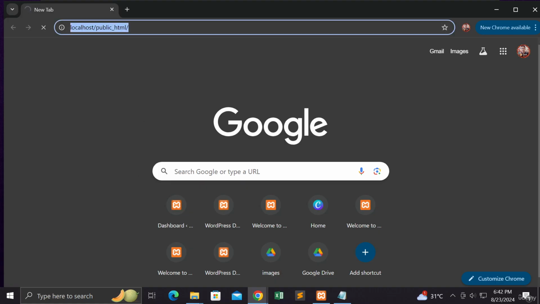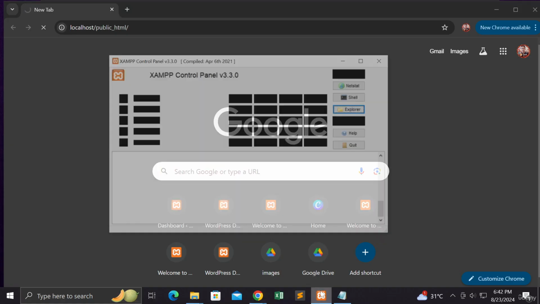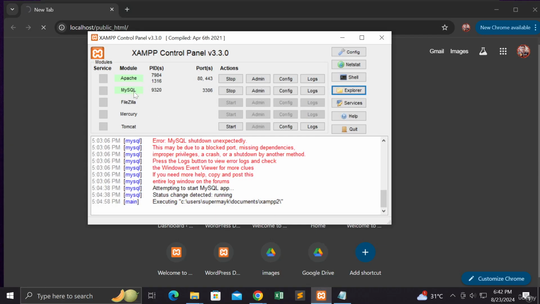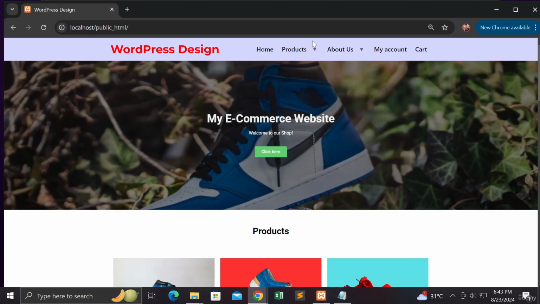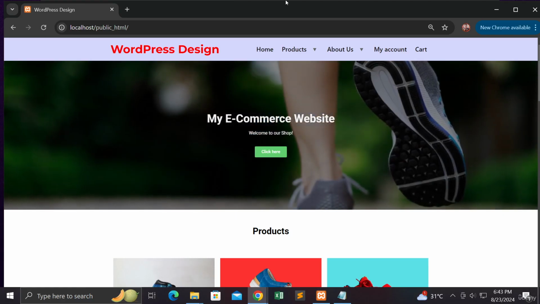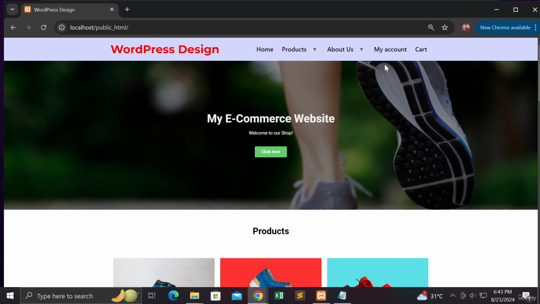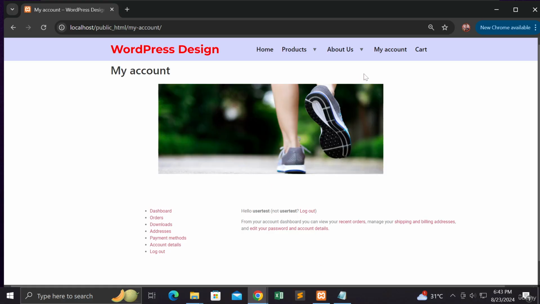And still searching for the local HTML. Let's stop the search and then try and open it up again. Let's double check if our Apache MySQL is running. Yes, it's still running. Well, it's having some trouble loading the page. Oh, so we still have the user test right here,